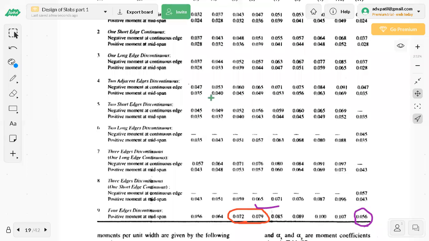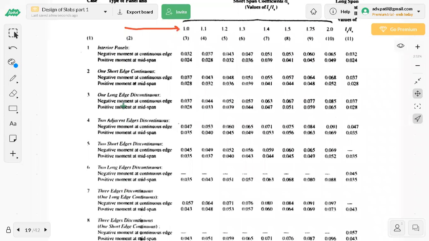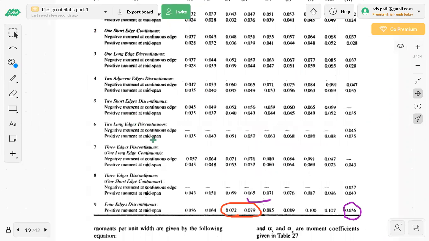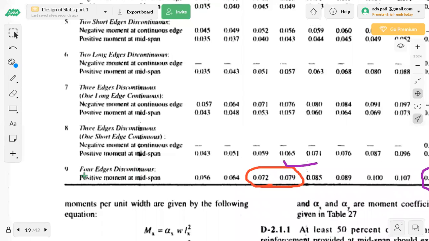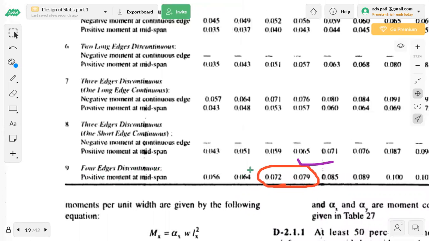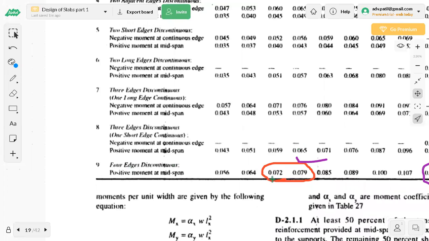In order to interpolate, I should check the boundary conditions here. 1, 2, 3, 4. You will find that all 4 edges are discontinuous. It is a single room. There is no extra room adjoining. Only one room is there, which is normally impractical, but usually this problem is there in the question paper. 4 edges discontinuous. Slab is not continuous over the supports on all 4 sides. Single room. So in case of single room, for 1.2 it is 0.0072, for 1.3 the next value, but our value of Ly by